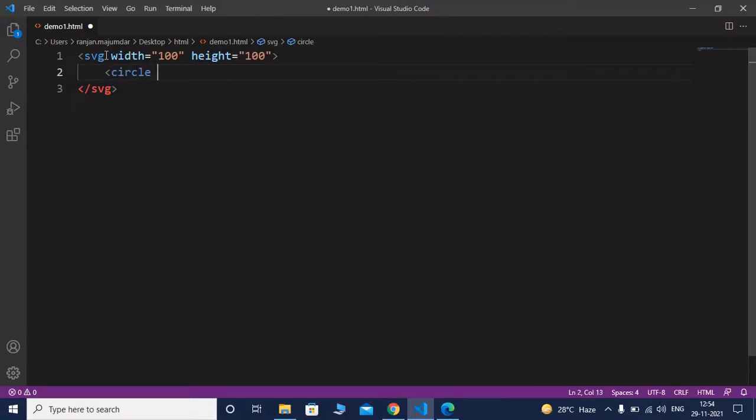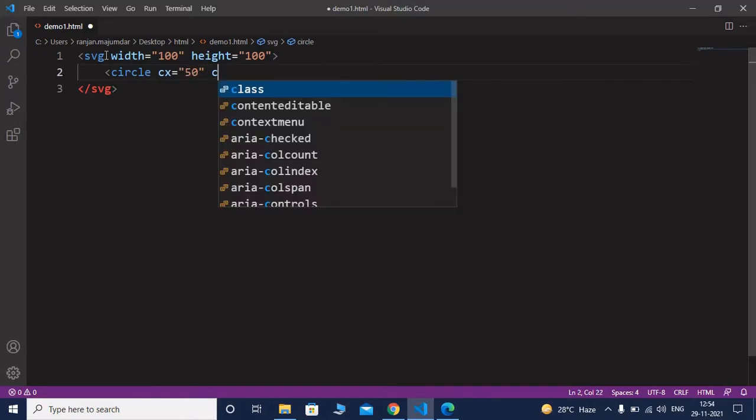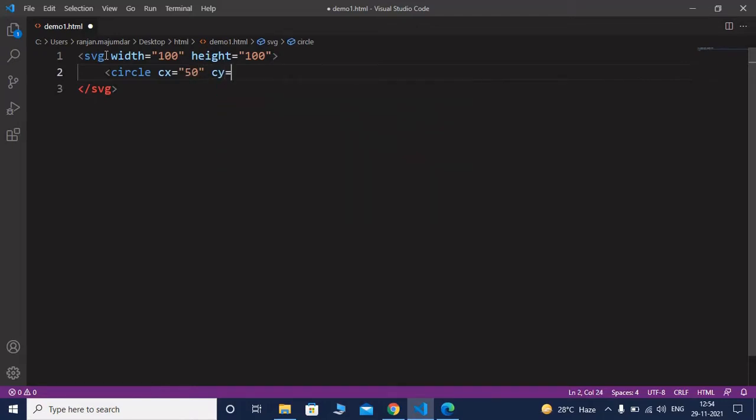For circle I will use multiple parameters. First is the circle x parameter. I am setting 50 as cx, cy equals 50, radius equals 40,